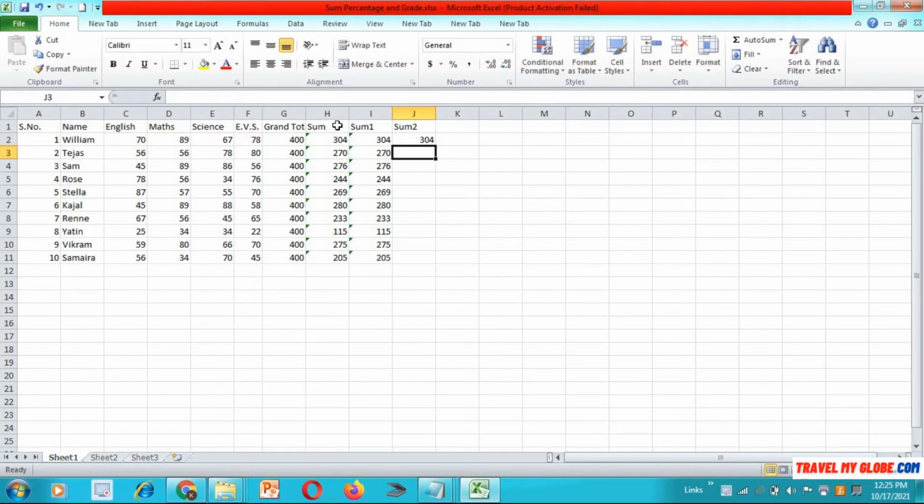You will get the same result. See, you can see its formula here is equal to, that means we are going to calculate the sum of cell C2, cell D2, cell E2, cell F2. These are all the addresses of a particular cell in which the student is having marks. So just double click it and you will get the marks of other cells. So see how simple it is.